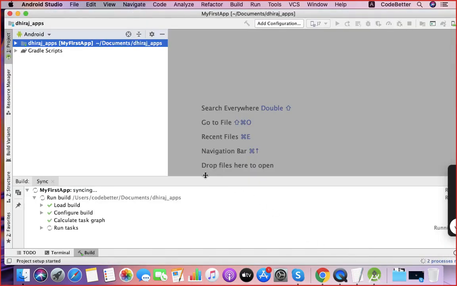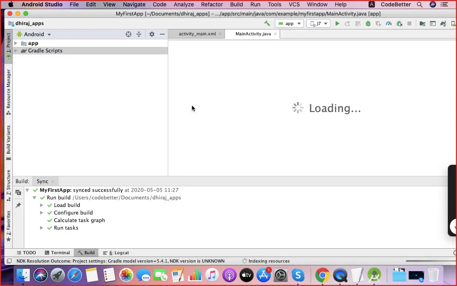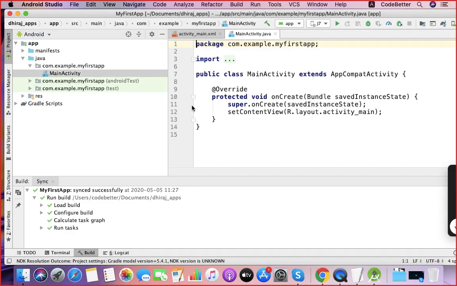It may take some time if you are developing for the first time, because it may download some extra tools. So it has generated all the application data, application code, everything. I think you can see the code now.